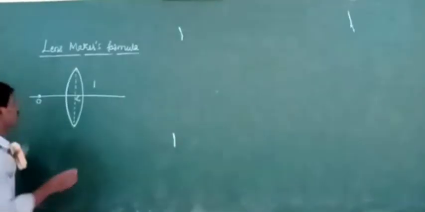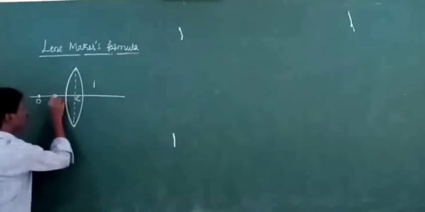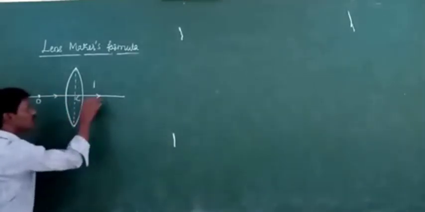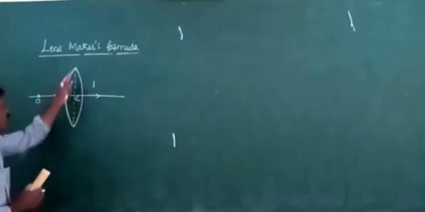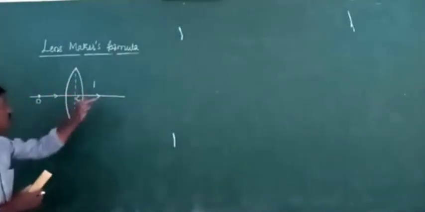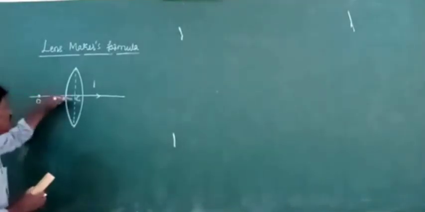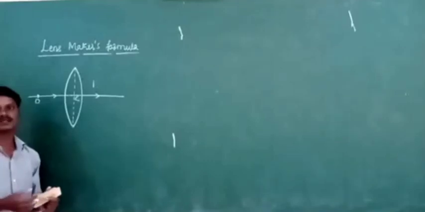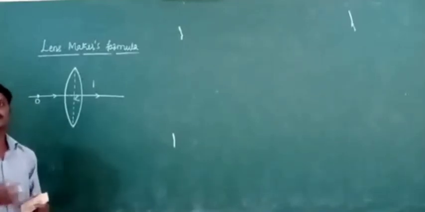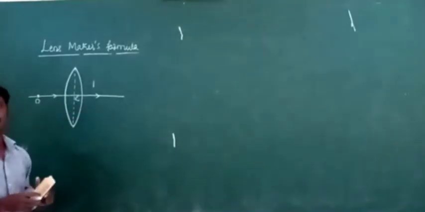Okay. Then now the first incident ray. The first incident ray is along the principal axis. It passes without any deviation because the ray is incident along the normal, because the principal axis is perpendicular to the refracting surface, means lens. If the ray is incident along the normal, it passes without deviation, because if angle of incidence is 0, angle of refraction is also 0. Here Snell's law is not valid along the principal axis.